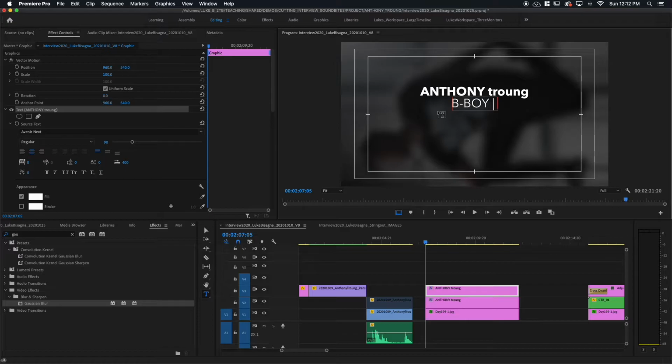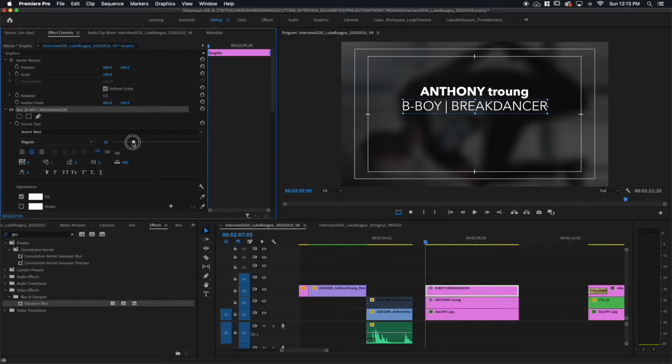I like the vertical line better. And there we go. And I'll switch back over to my selection tool so I can pull this down just a little bit. And I think it's a little too large. I'm going to bring it down just a hair here.